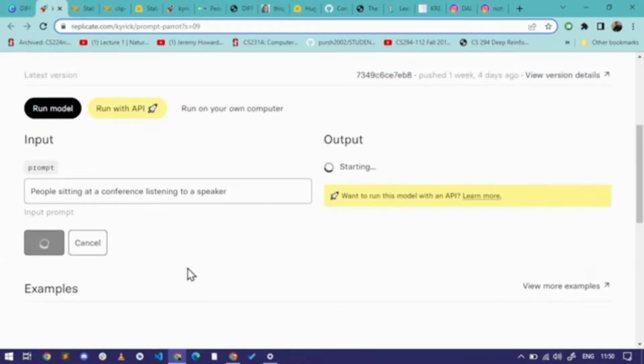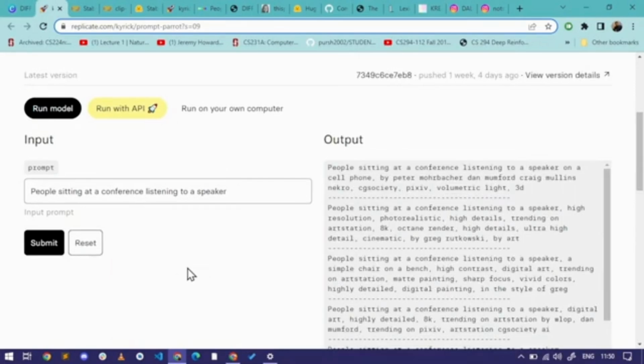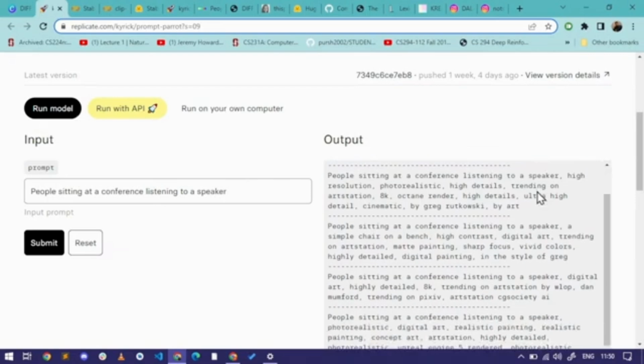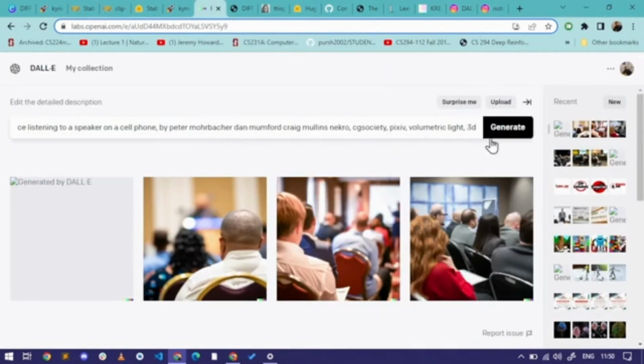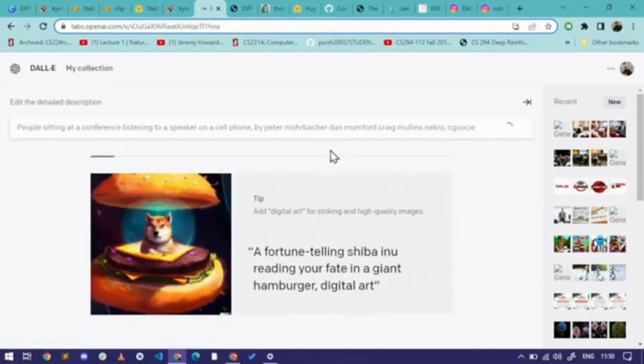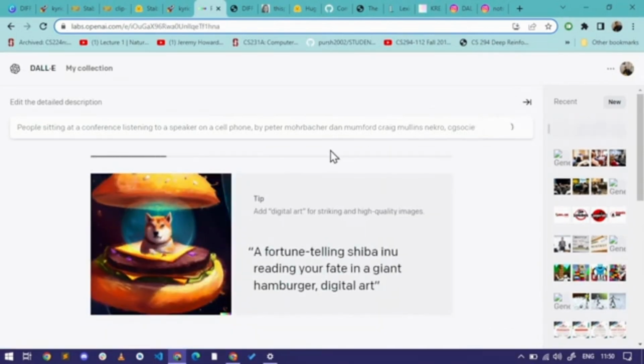And basically we will get good prompts to just copy paste and get good images. So you don't have to write your own prompts as well. So you just copy this thing. Let's put it into Dall-E again, and you will see the difference now between the previous prompt and this prompt.